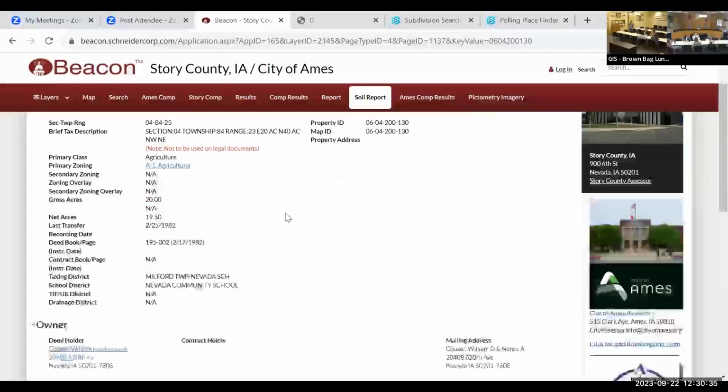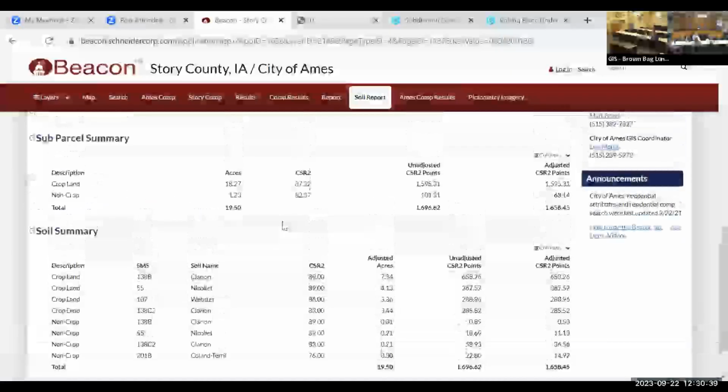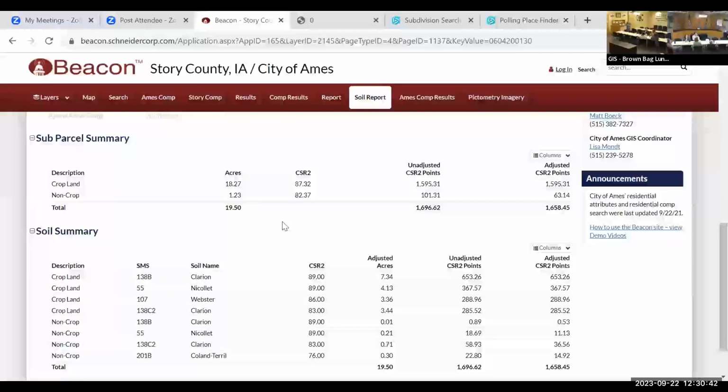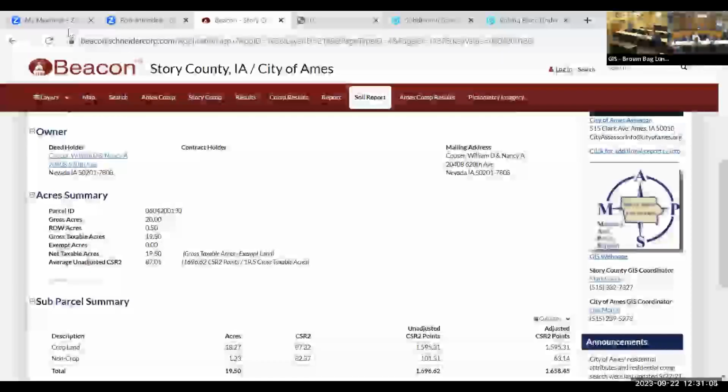Yeah, you can scroll down and it'll show more information, the detailed soils reports. So that's kind of a cool process. I didn't really get a chance to talk about that much, but that's the interaction of layers. It's kind of like a cookie cutter process. It takes the parcel boundary and then cuts out the soil polygons and then averages what kind of CSRs, what kind of soils are underneath these, the acres of each, and then the value associated with that. So pretty neat. Can you go to some of those other websites?